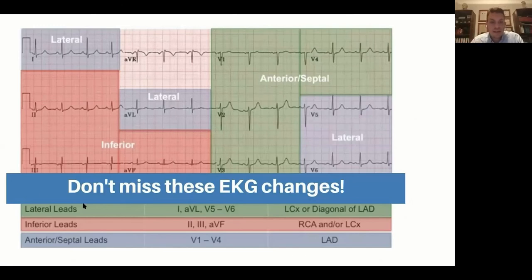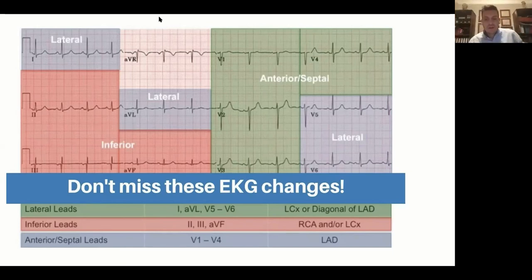So it can either be lateral, inferior, or anterior. I need your attention. Do not ever say the word posterior on a 12-lead ECG. It is impossible to see a 12-lead ECG showing a posterior MI. A posterior MI requires a 15-lead ECG where you have extra leads and electrodes on the back